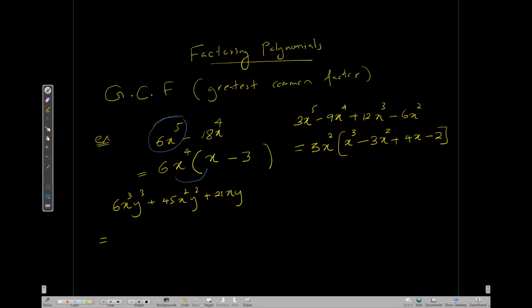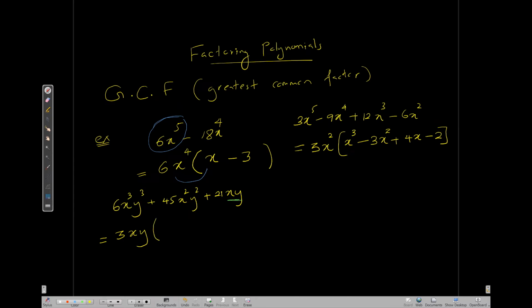Look at the numbers 6, 45 and 21. Now you have to be good with multiplication tables. Can you pull 6 out? No. 6 is even, 45 is odd, it doesn't work. I can pull 3 out. And about x and y, yes, I can pull. See, in the last term I have only one x and one y, so because of that I can only pull